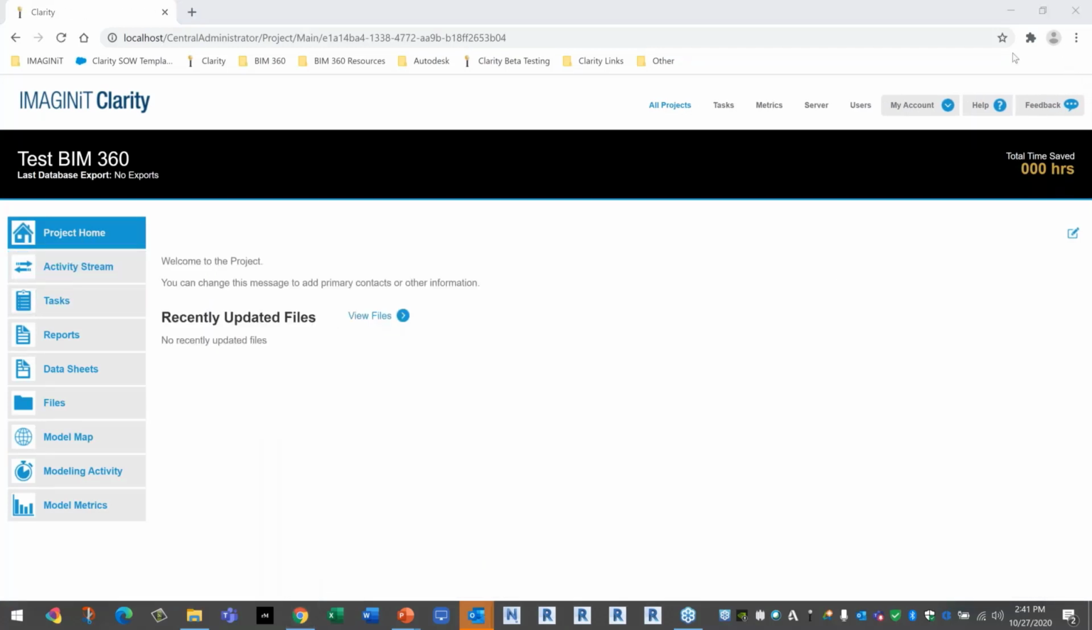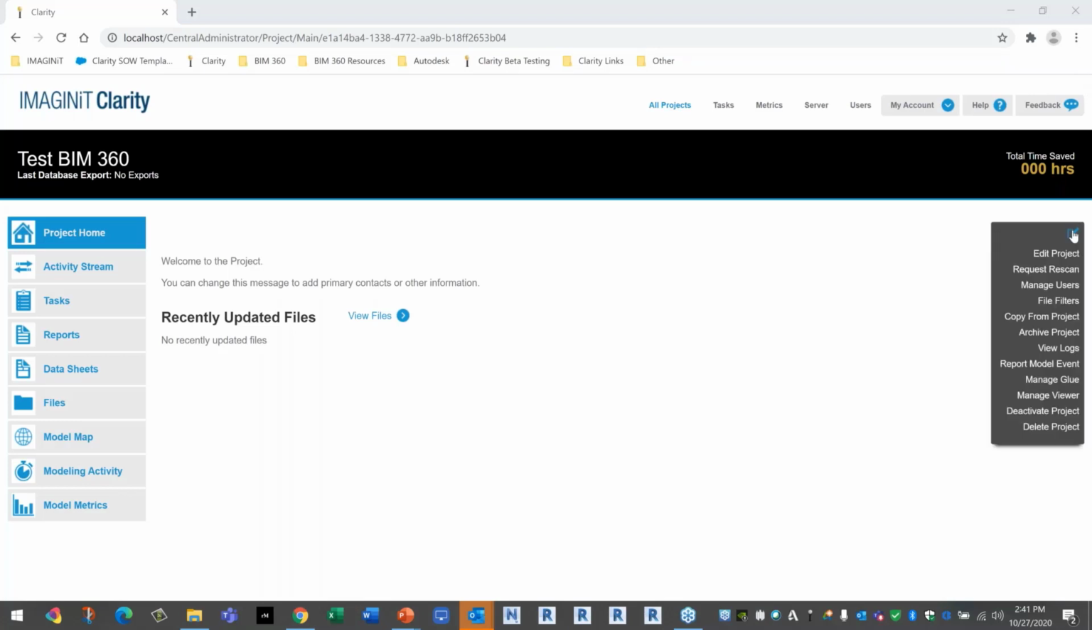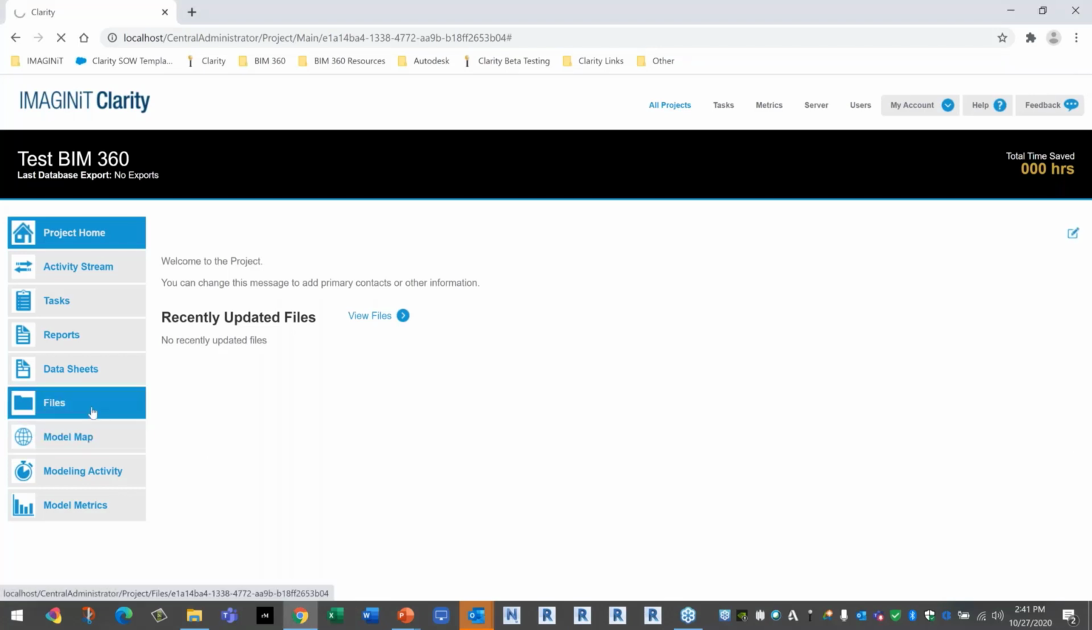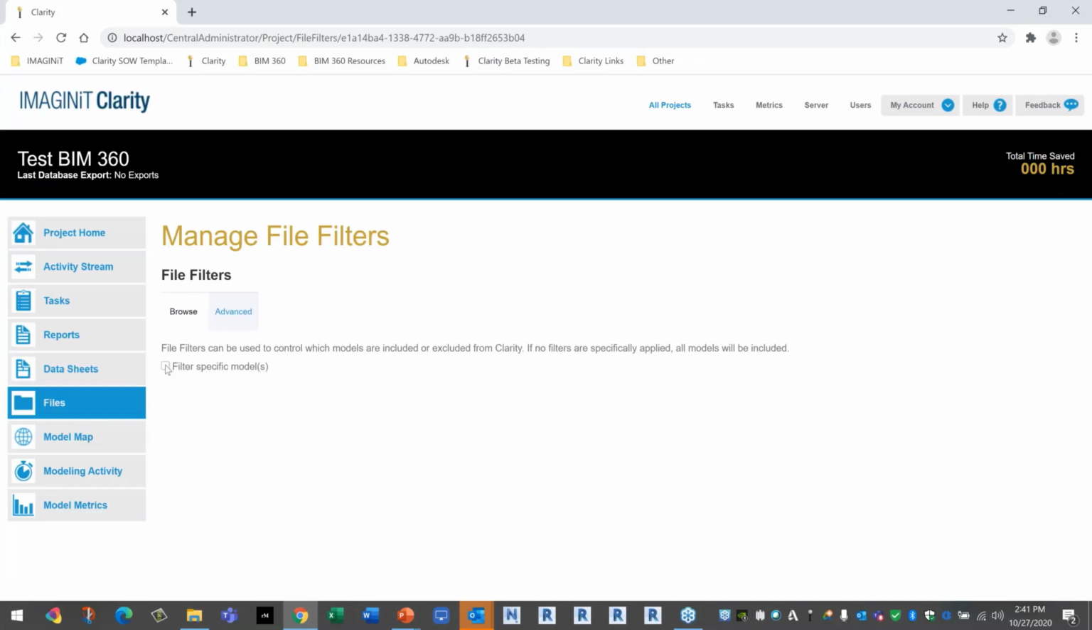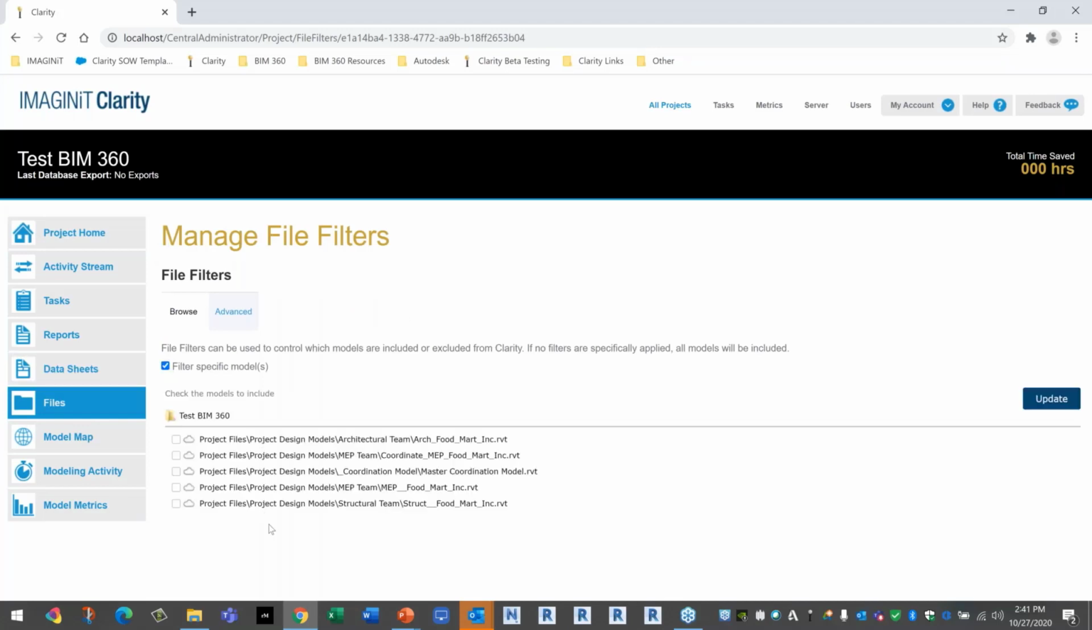And when I go into my filtered files here, and I go in and say filter specific models, you can see these are the files that it found in there. And I have some files in here I don't want included. So I don't want this master coordination model in there. I don't want one of these other ones, this coordinate model here. That's my coordinate model. So I'm only going to pick just the models I want to be included. So my architectural, my MEP and structure, the other folders, the other subfolders, I don't need to include those models